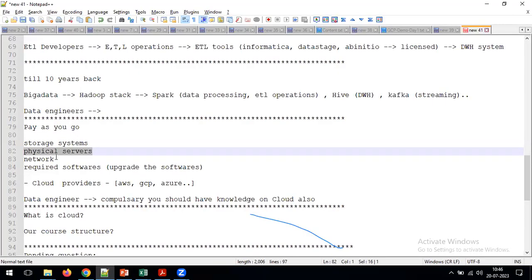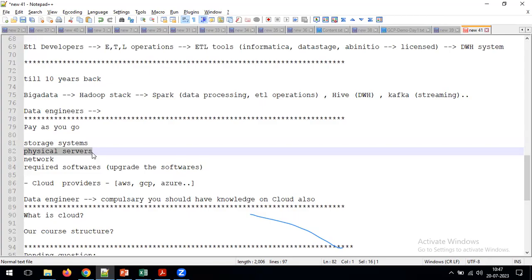You are thinking only from the storage perspective, but I am telling from the physical servers perspective. For example, you are going to maintain thousands of clusters. In all those clusters, we need to upgrade the software. Now you tell me, if you want to do this activity manually, is it a simple activity or a complex activity? It's a very complex and time consuming activity. It's not only complex, it's very, very complex. For upgradation of the software only, in the companies, in the projects, we are going to take around 1 to 2 months of time.